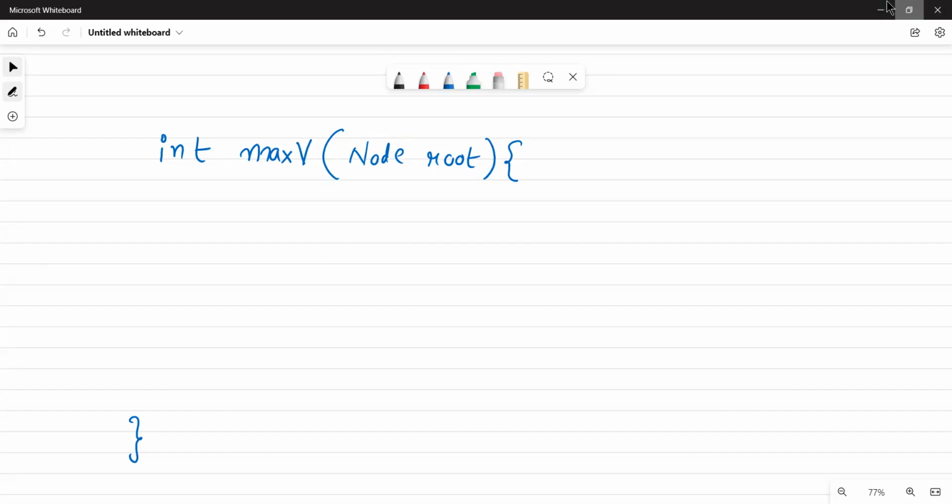Whatever you have said is right. It's just that why include an extra maximum variable? It's simple. Either you are going to get your maximum on the left hand side or on the right hand side, or it can be the root itself, right? Can it be anything opposite to what I said? No. So you can simply return here a max function. You can use Math.max. You can write here max of root.data,